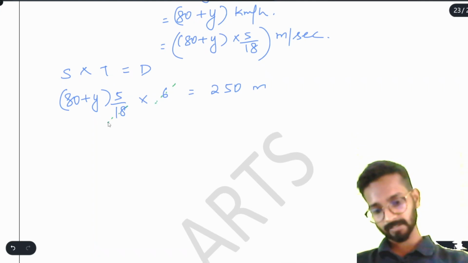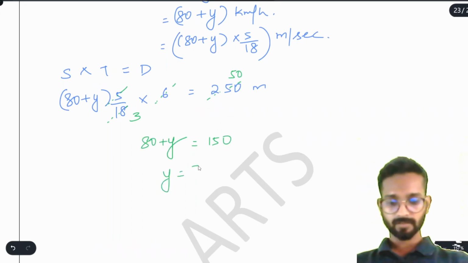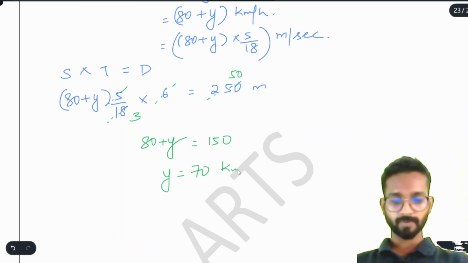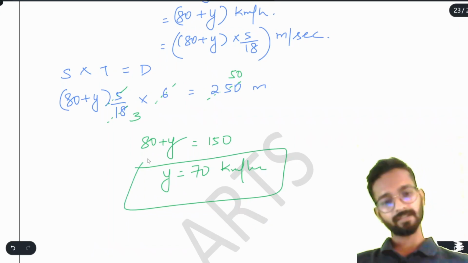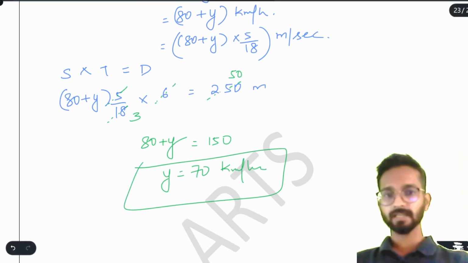You can write here 6 3s are 18, 5 50s are 250, 3 will go there, it will become 150, 80 plus y, so y will be 70. This y is 70 km per hour. It means the speed of the second train is 70 km per hour. Easy enough? Now,